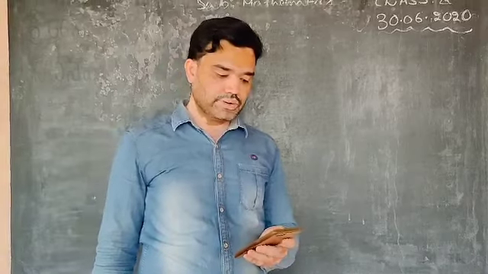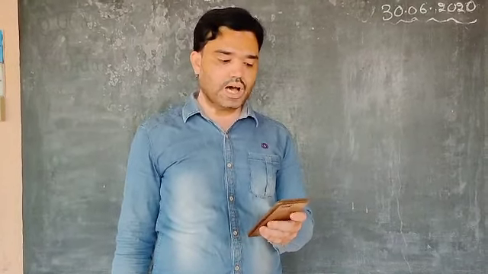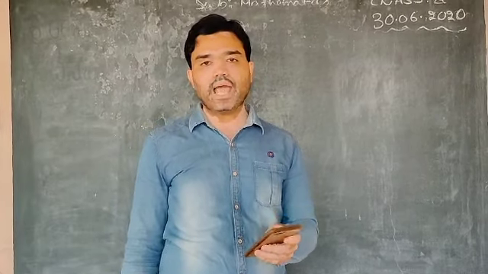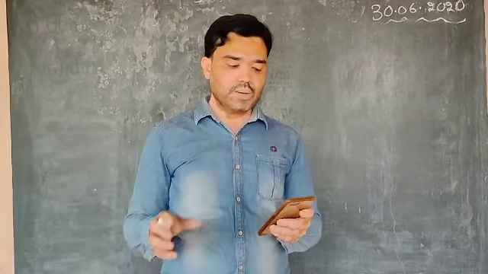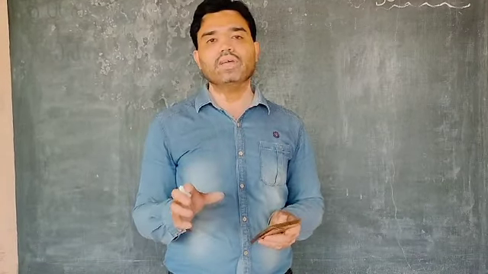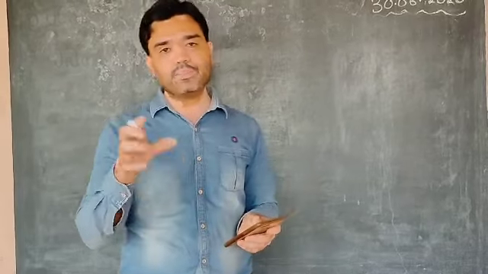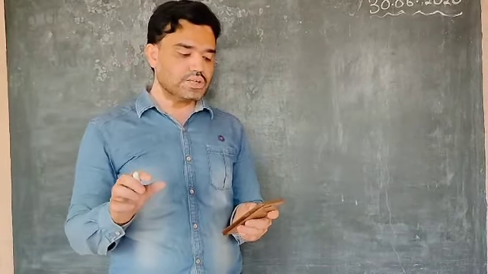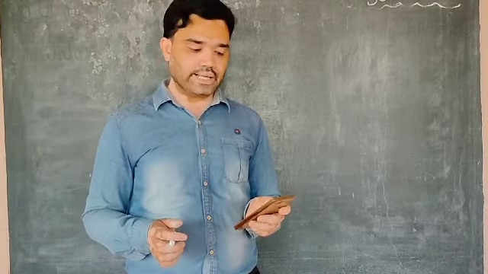Okay children, this is one of the important problems in the exercise. Okay, concentrate. The larger of two supplementary angles. See, supplementary angles: by adding two angles, if the sum of the two angles is 180, then we can call the two angles together supplementary angles. The larger of two supplementary angles exceeds the smaller by 18 degrees.